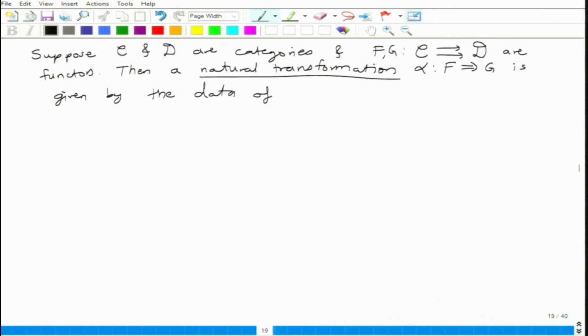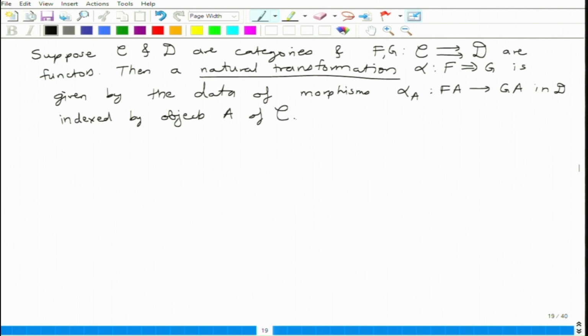So the data is this coherent collection of morphisms: alpha sub A from FA to GA in D, indexed by objects A of C. So basically we have a lot of morphisms in category D, and each such morphism has a corresponding indexing element coming from objects of C, such that, so this is the data, and then satisfying the following